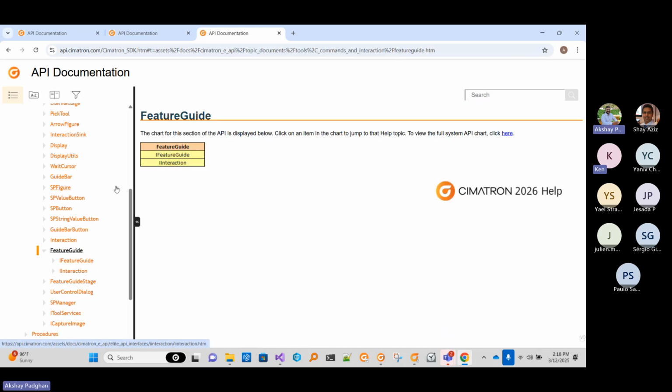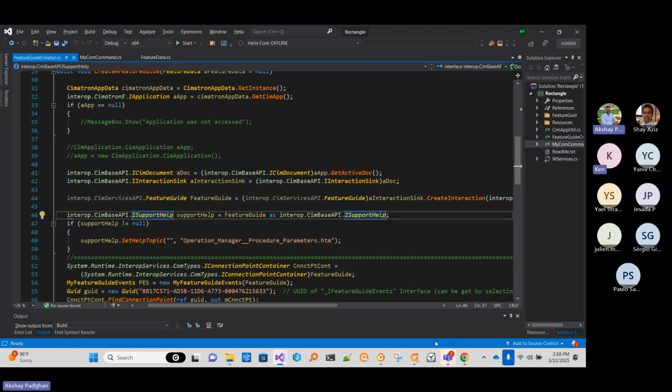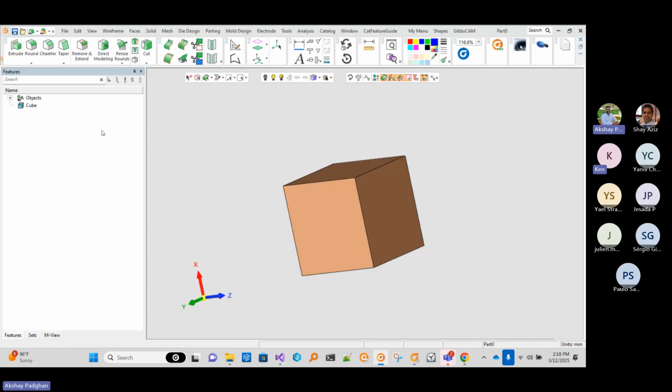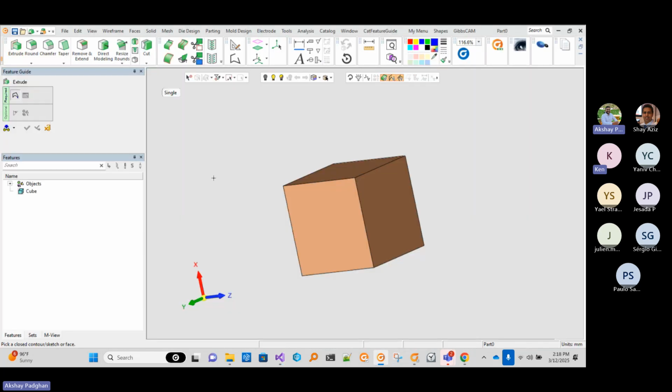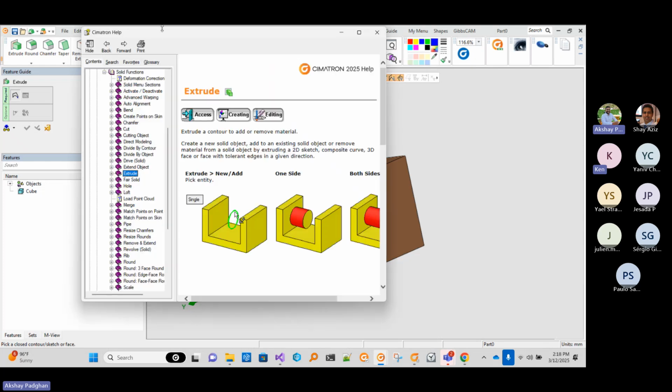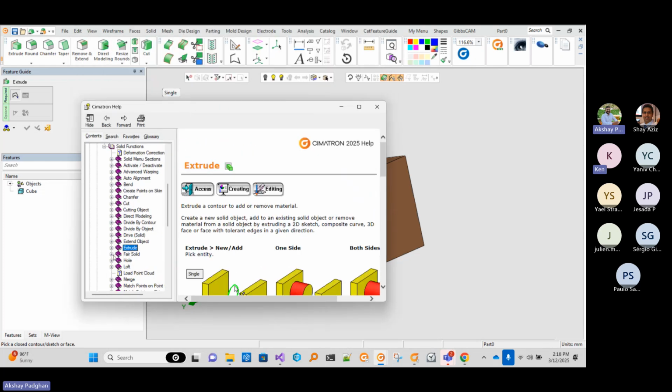Okay, you can see this is interaction. Also, this feature guide has support for help. What is the support help? So if you open any tool and press F1, automatically the help for that particular tool is going to open. Like for extrude, it is opening the extrude. Okay. So requirement for this,